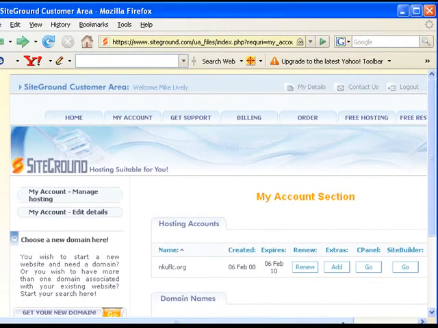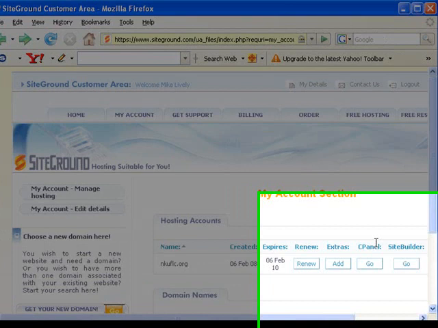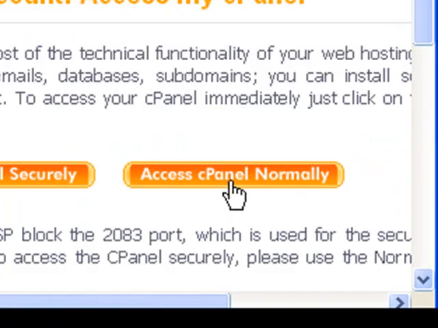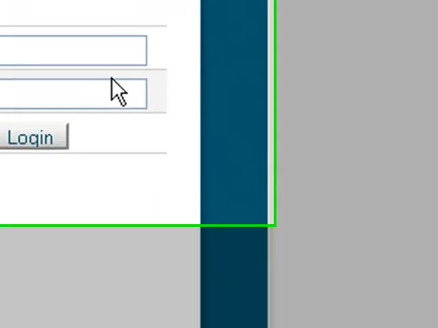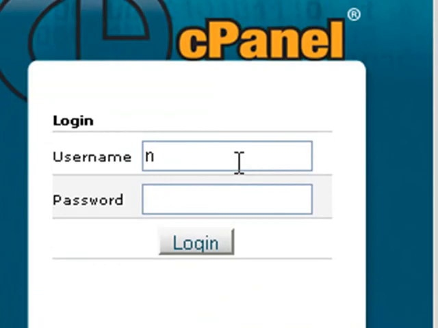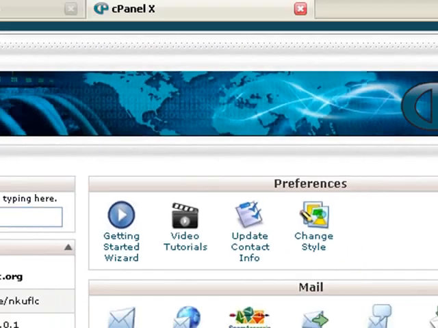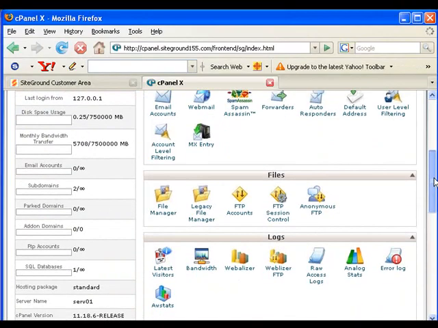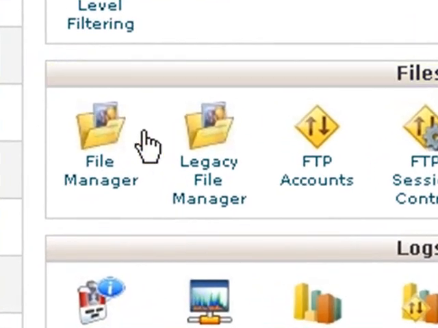Now I've logged into my server site, www.siteground.com. I'm going to go to the cPanel and hit Go, and access cPanel normally. And I'll put in my password and log in. And now I'm in the server. I don't need that. I want to come down here and go to the file manager. This may be a little bit different in your particular server configuration, but the procedures are pretty much the same. So once I'm in the file manager,